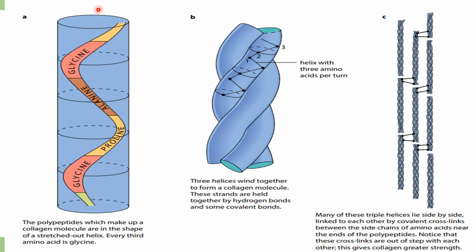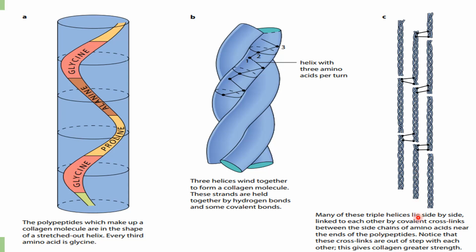Okay, so first one beta, they have shown you the helical structure. See beta, every third is a glycine. So this is glycine, then we have this glycine here. Okay, so this is the structure. Then 3 strands are shown to you here. All 3 will form one collagen molecule, and here they have shown you many collagen molecules which lie parallel to each other.